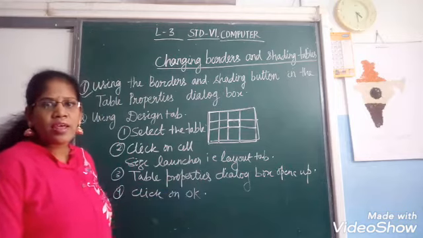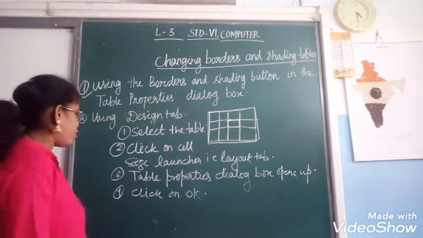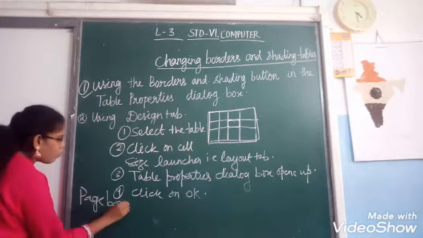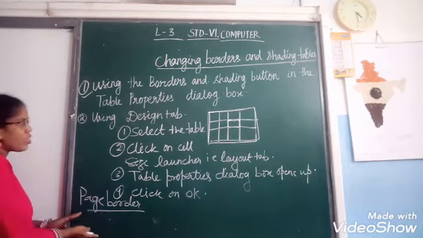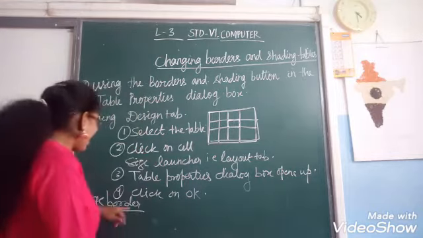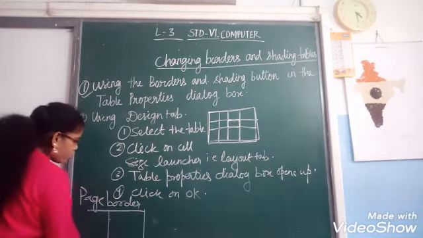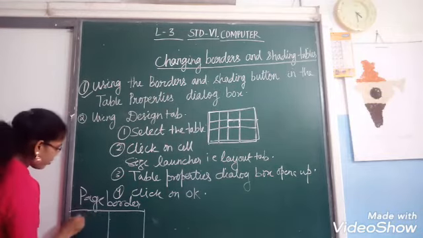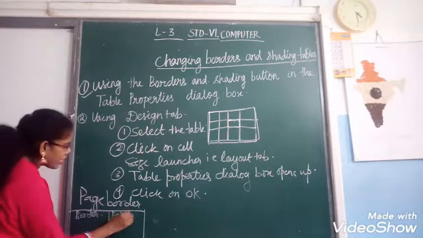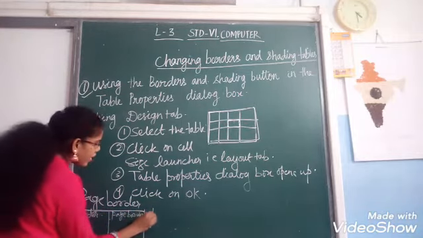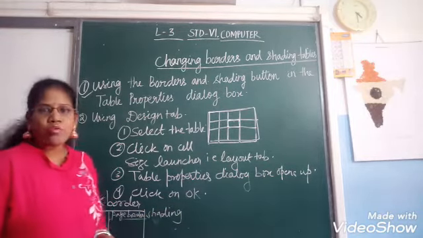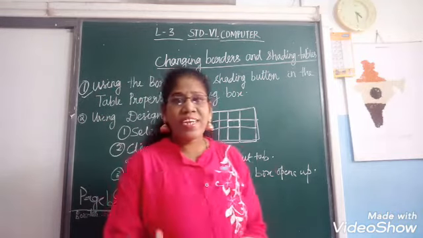And from there, if you go to page border, this page border is also there in your border and shading group. So once you click here, you will get options. Here there will be border, the page border will be there, shading will be there. So once you click on page border, there you will see a lot of designs of the border.